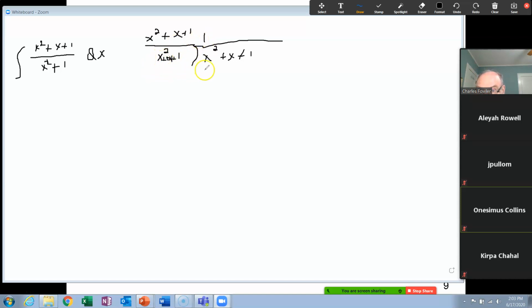Then, once you divide, you multiply. 1 times x squared is x squared. And this is why it's important to put that extra term there. 1 times 0x is 0x, plus 0x. Okay? Now, what we do now is, oh wait, I forgot. 1 times 1 is 1. So you have a plus 1 here too. Okay. Now,